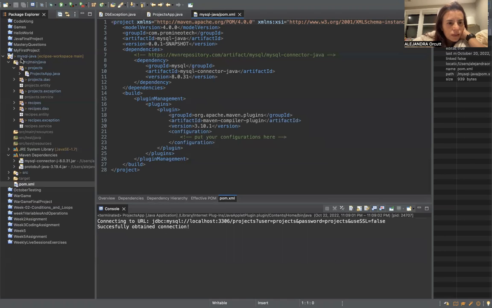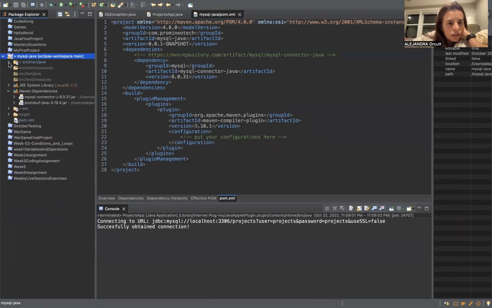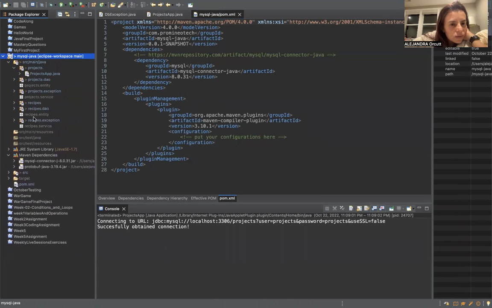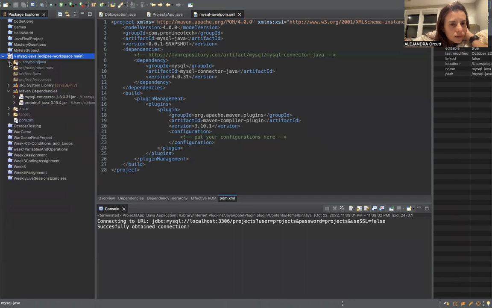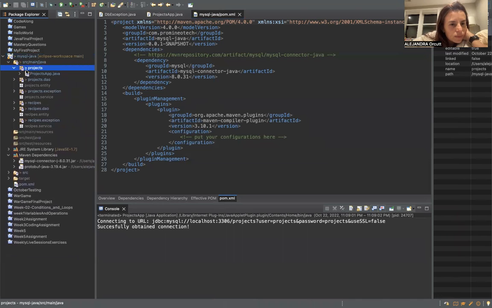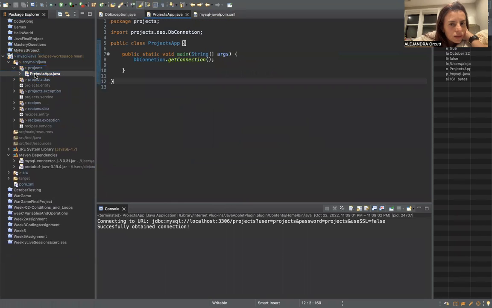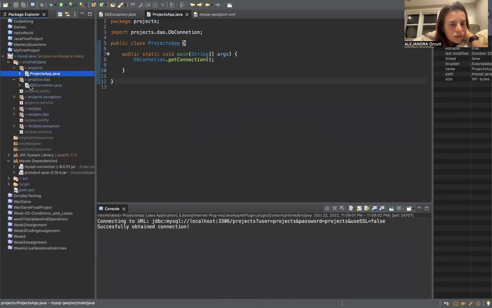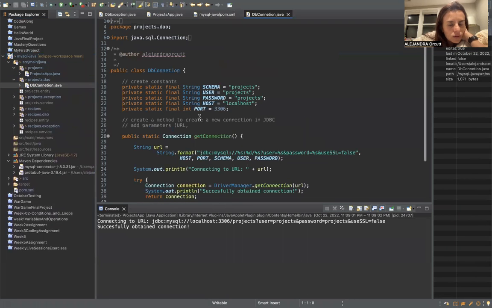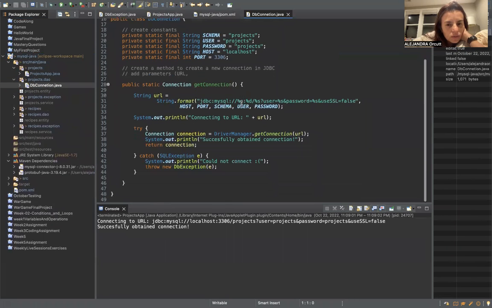After that, I went to my environment, that is MySQL Java, and created different packages for my projects. So I created the source Java, the project package with an app that is very decoupled. This is where I would run the app from. I created the DAO project to create the connection to my